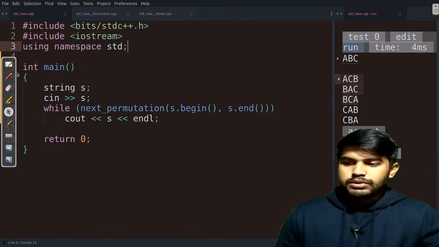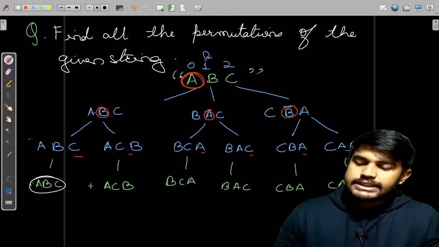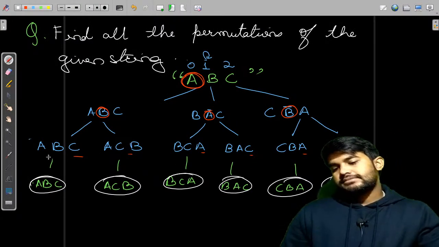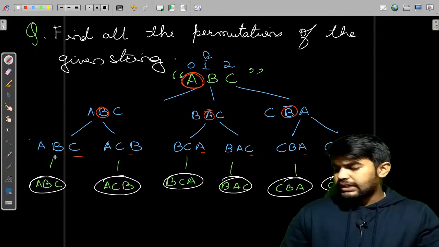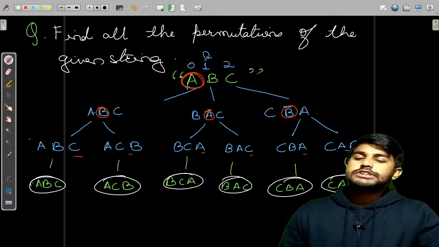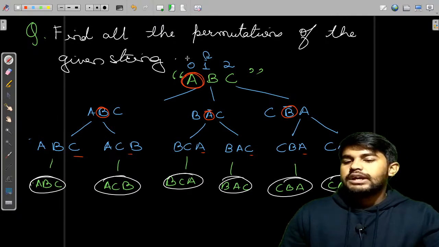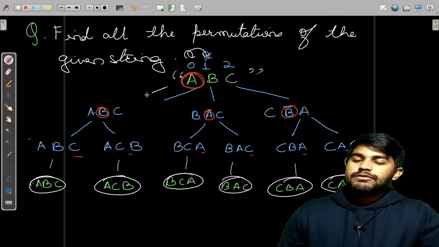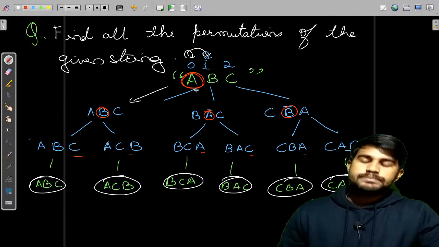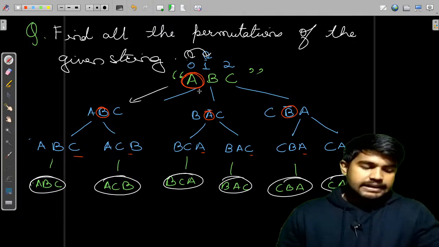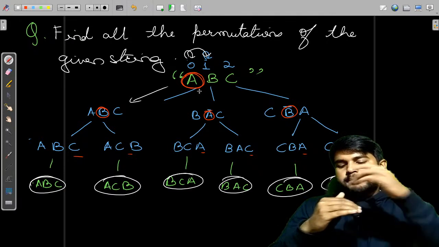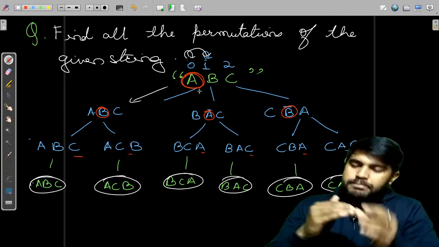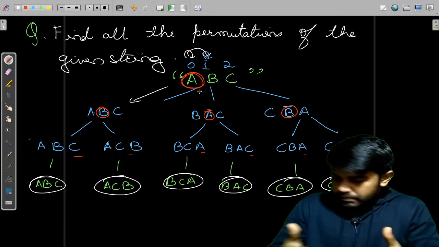Okay, so what we would do is we would have a string at each of these positions. But there is a problem too. What is the problem? That we need to first do a damage. First we need to swap a with a, or suppose a with b, then we would get this string. If we swap, then we need to swap back. First we would swap this with this, then we would compute the result, and then we need to swap back. Meaning, whatever damage was done, go back.